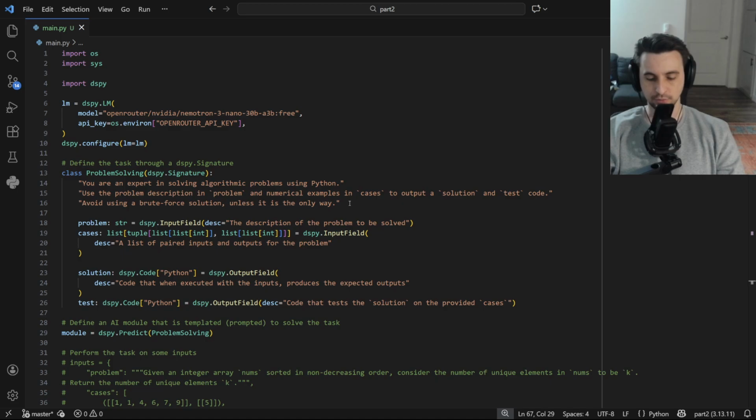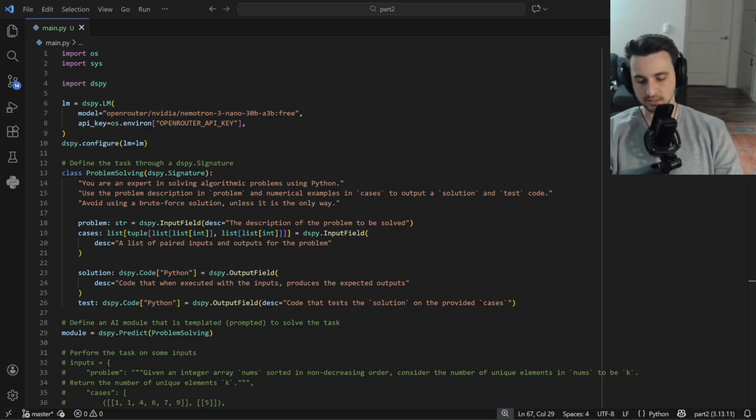The reason why we had 2 outputs is because we wanted DSPy to also generate test code for the solution code, which sounds like something sane, right? You would like to automatically have AI also generate test code for you. Yeah, and it works. So let's go back to